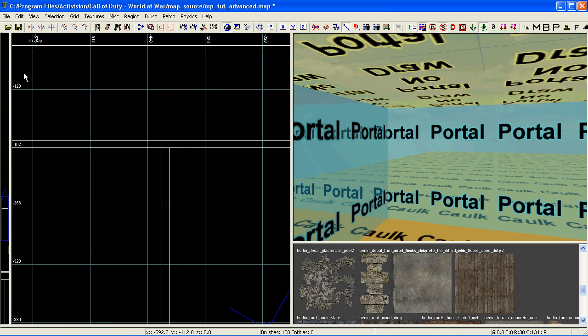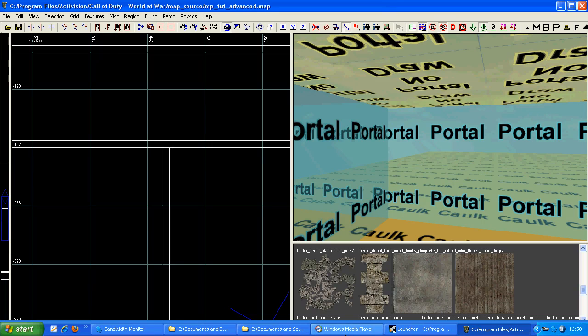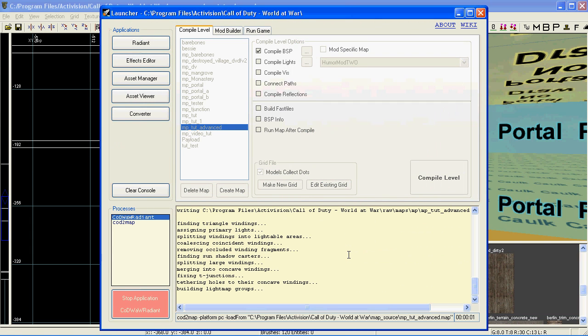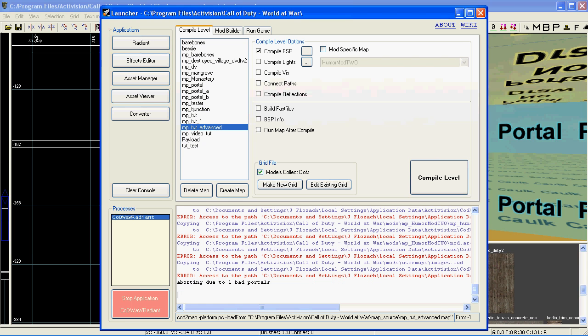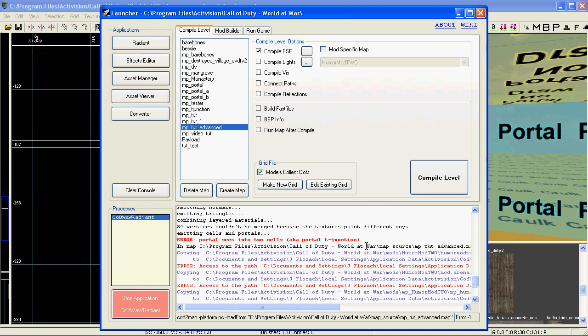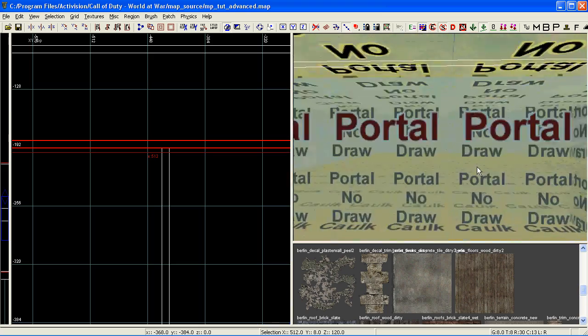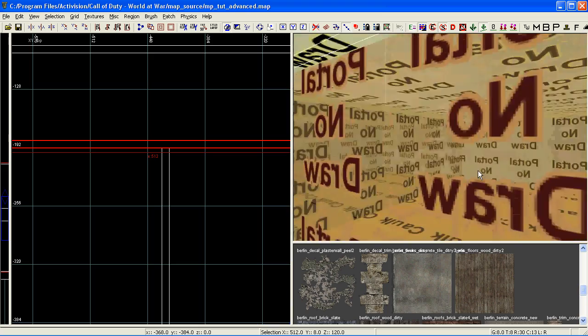So if we just leave it like that, save and do a test compile, everything's fine for the minute, and this portal T-junction error won't show up until the very end. And here it is, aborting due to one bad portal, and here's the actual error: portal sees into 2 cells, aka portal T-junction. Why this error is occurring is because when the engine comes to compile or read this portal cell,